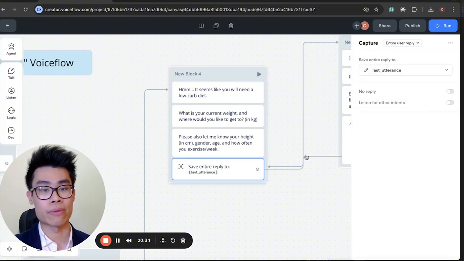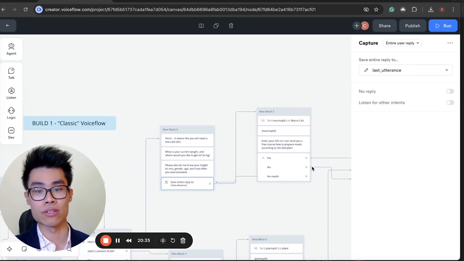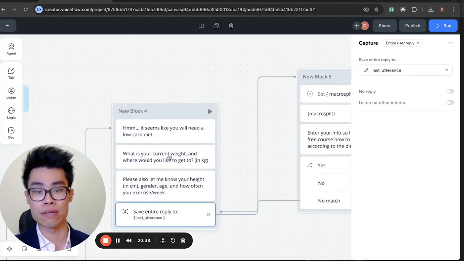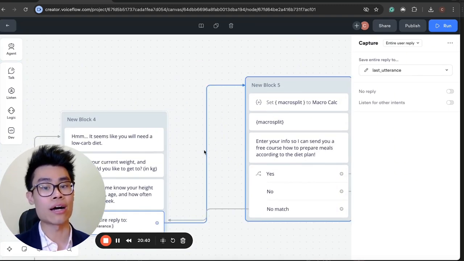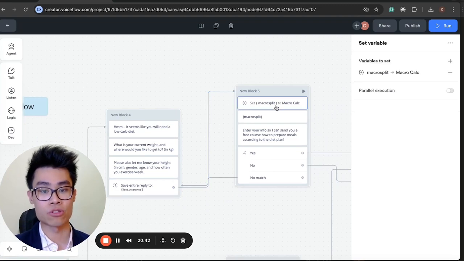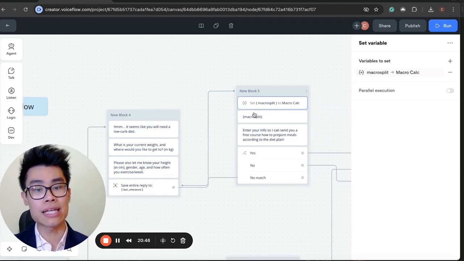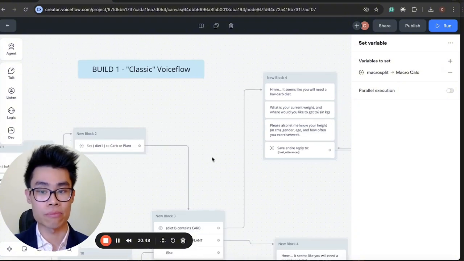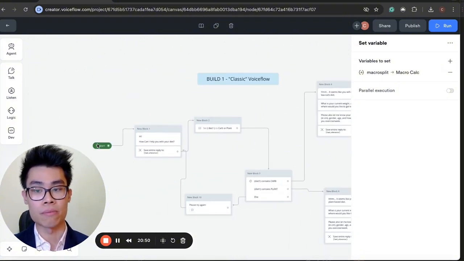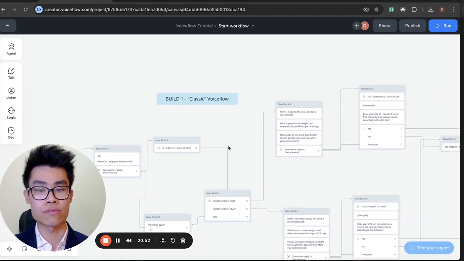Again, I'm capturing the entire user's last utterance, so basically capturing this information. Then I go to the next step, which is again a set step. Again, it's a prompting step. This is actually where the main calculation happens, right? So if I just test the agent,